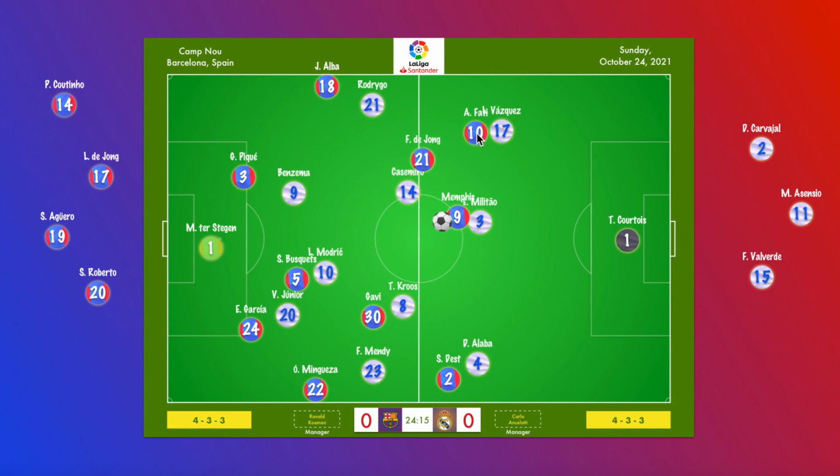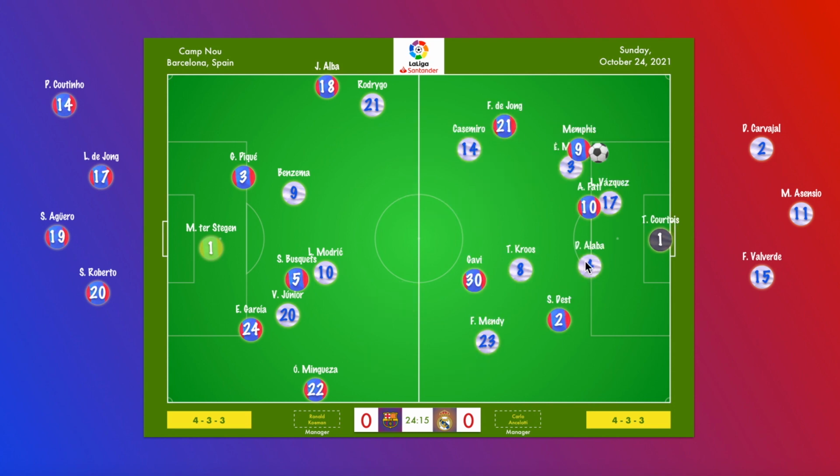So as Fati comes in this way, Memphis finally gets possession of the bouncing ball, and he starts to make a run in these spaces. And so what happens is David Alaba, who was originally on Sergiño Dest at the start of the goal kick, realizes the danger that Lucas Vázquez has with Ansu Fati using his pace to cut in from the left wing. So Alaba goes to pick up on Fati in case Vázquez gets beaten by Fati, as Memphis attempts the